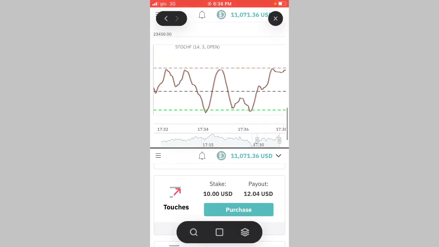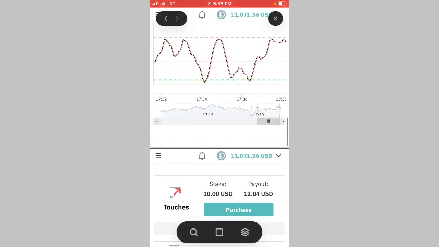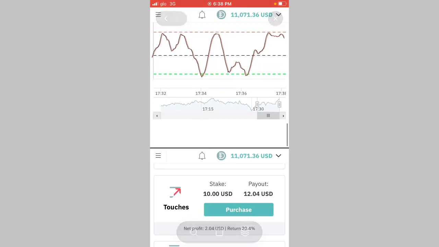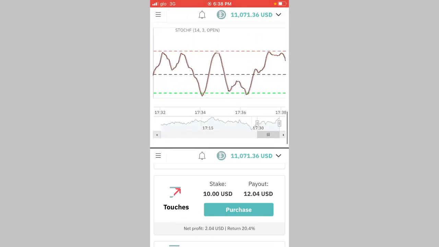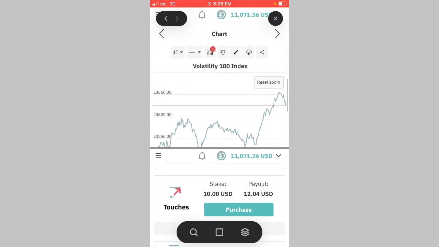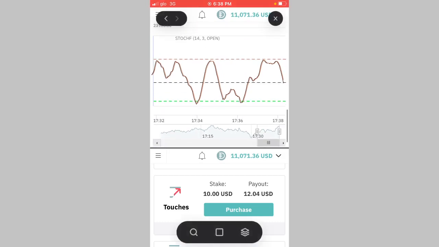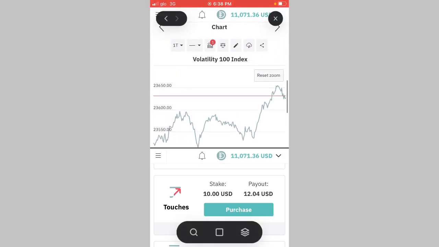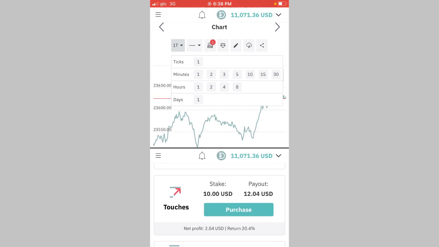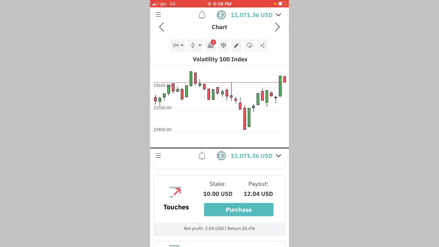Once you have set everything, all you need to do is make sure that you know if the trend is uptrend or downtrend. How do you know? After setting up this bot indicator, go to here, then check on your 1 minute time frame to know if the trend is on a downtrend or an uptrend. You can see that we are on an uptrend